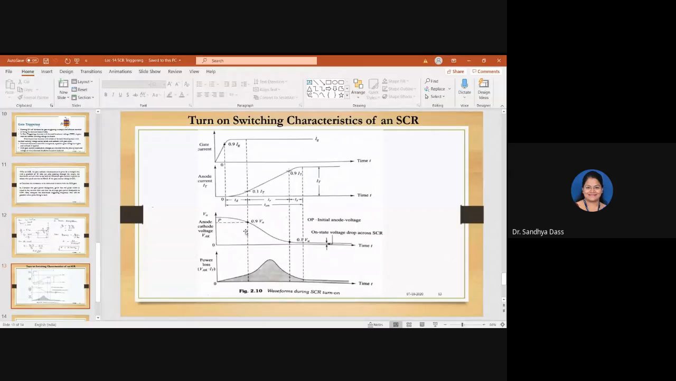If you look at the voltage again in the rise time period, the voltage is dropping from its 90% value to 10% of its value. Then the spread time is